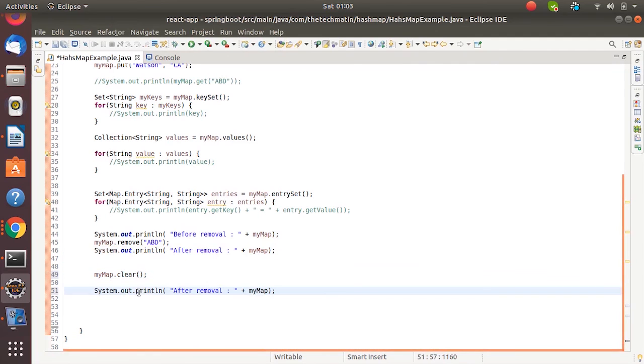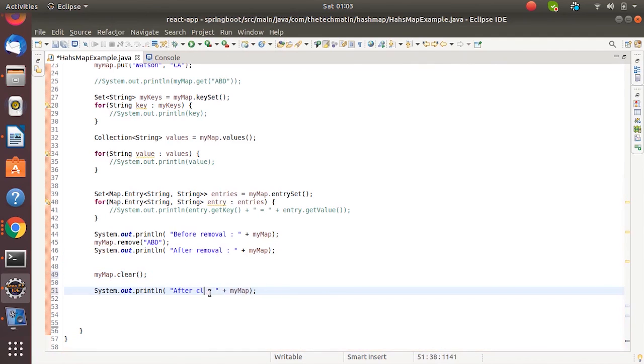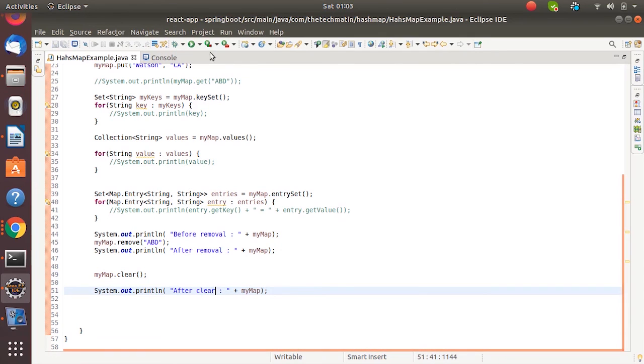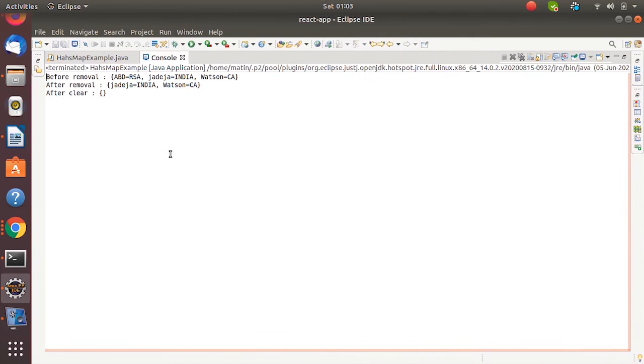So let's print it after clear. Let's save this and run the application. Now you can see before removal of ABD and after removal of ABD, and this is after clear. So hash map has now become empty.